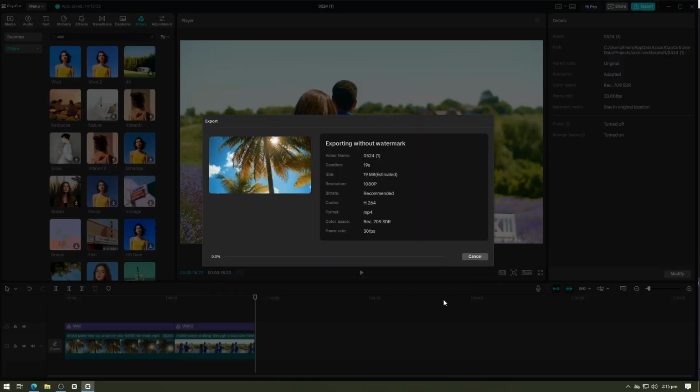And that's it! You've successfully applied a Vivid filter in CapCut Pro.